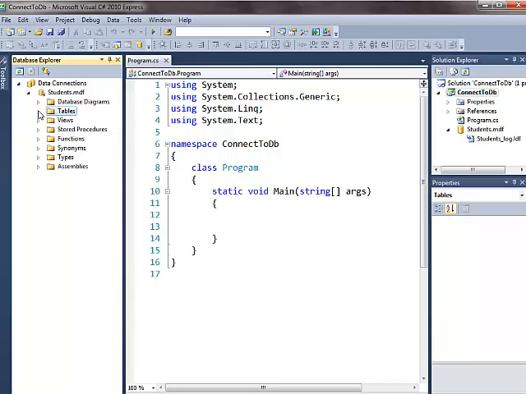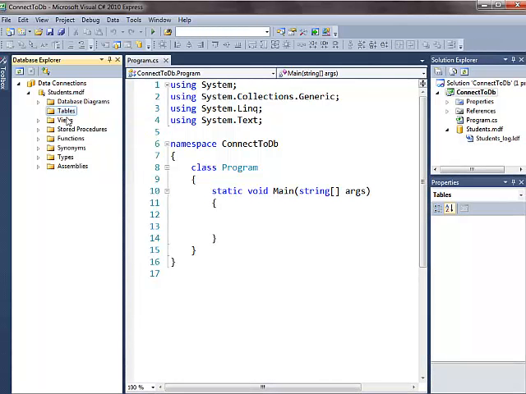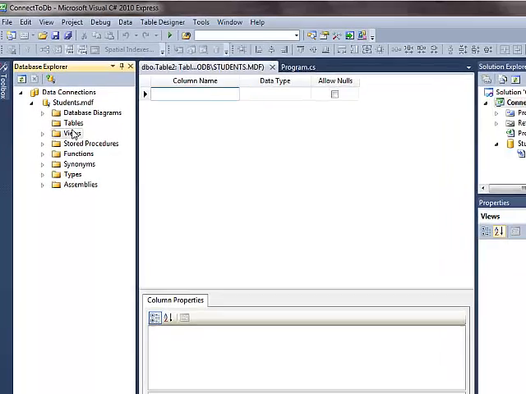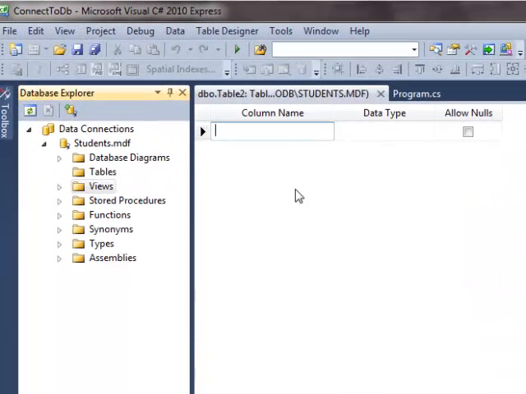Now again, tables are the heart of every database, and as you can see there, when I click on it, there's no tables available. So I'm going to right click this and add a new table. And you can see there I get a table up. It's an unnamed table, Table 2, and it's inviting me to start entering the fields of data,